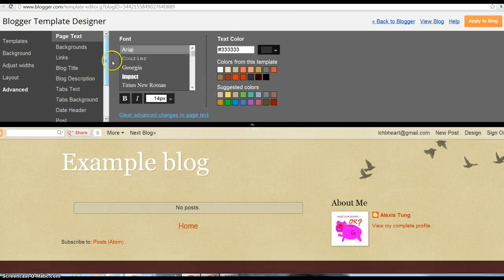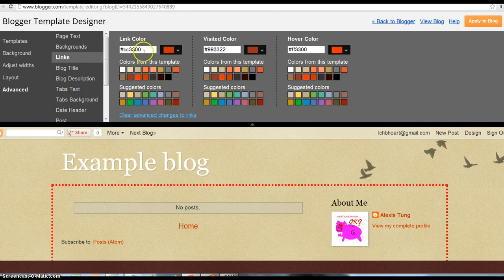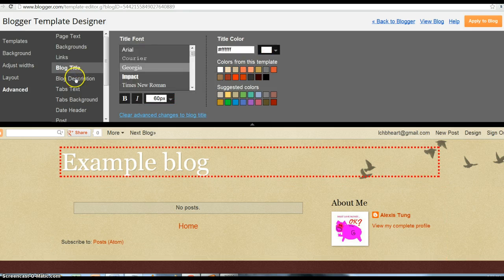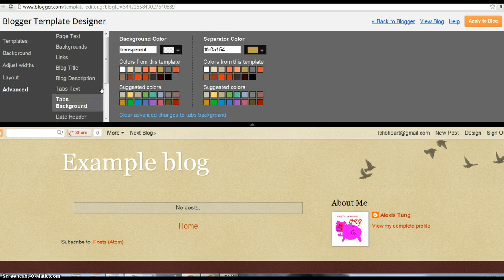If you click on Advanced, you can change the different types of font used in the different parts of the blog. You can even choose the colors of the links, blog title, blog description, tags, and all sorts. Now when you're done, click on Apply to Blog